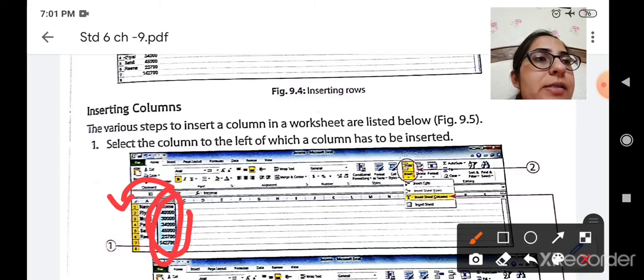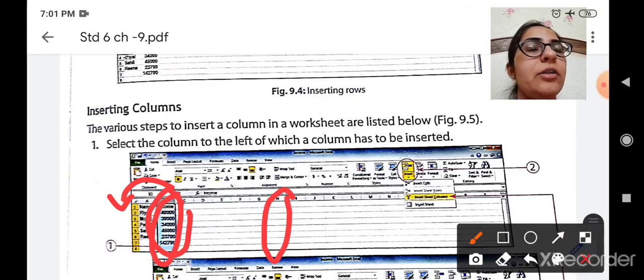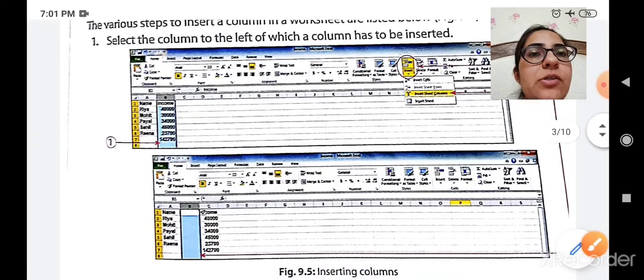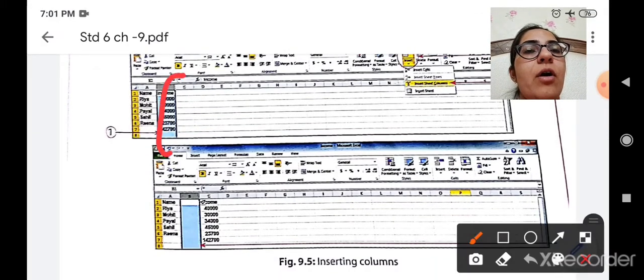If you want to insert a new column before H, then you have to select the H column, and then a new column will get inserted on the left side of the column which you have selected. Okay, so you can see that you have to select the entire column on the left of which you want to insert a new column.